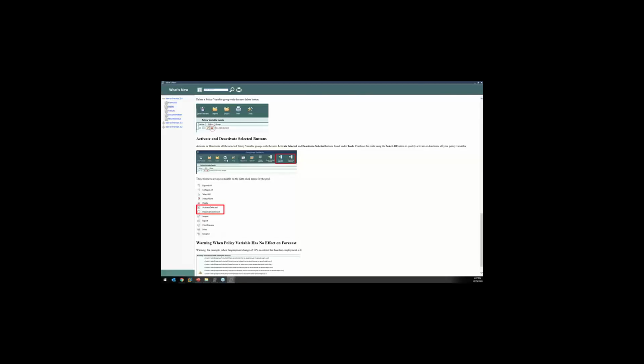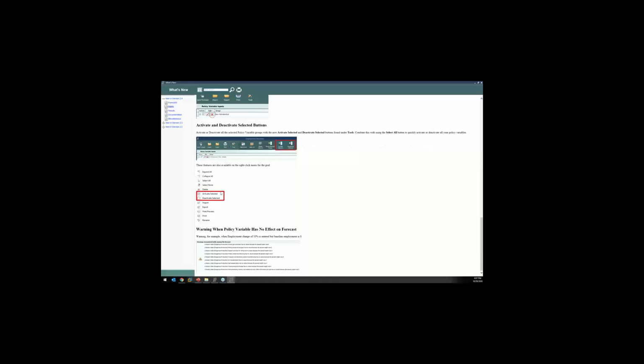We made it so that you can drag and drop to move policy variables around in the policy variable list. And the other interesting thing is we made it so that for all the people who are copying values from Excel and pasting them into the policy variable tab, if you have formatting like dollar signs, things like that, you can now paste it and it will ignore all of that formatting and just paste the actual values in there. So we added delete buttons, we added right-click options, things like that.